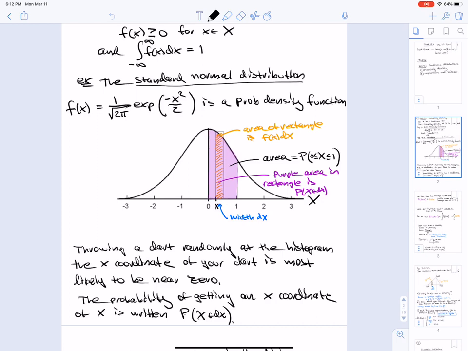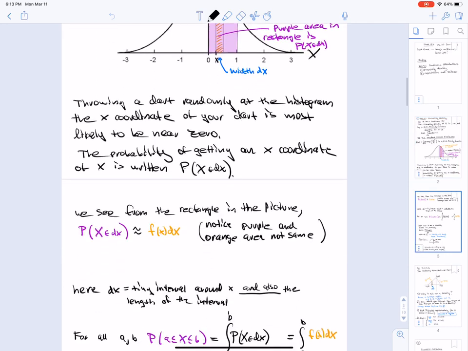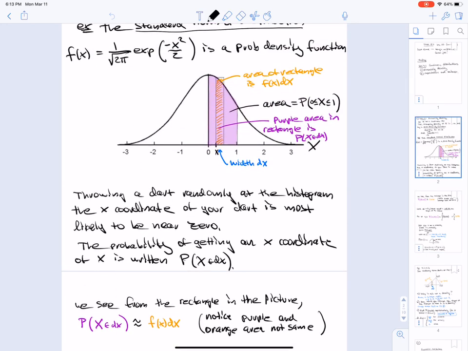So here, let me just be clear: when I write dx, say x is in dx, dx has a double meaning here. dx means a small width around a point x, as I've drawn here, as well as a width dx. So x is in this small width just to the left of x with width dx. That's what that means. And so if you wanted to approximate this area,